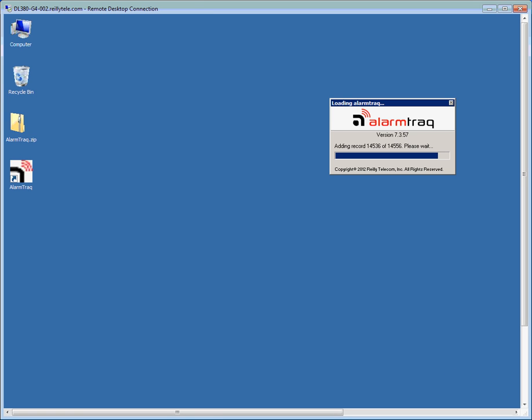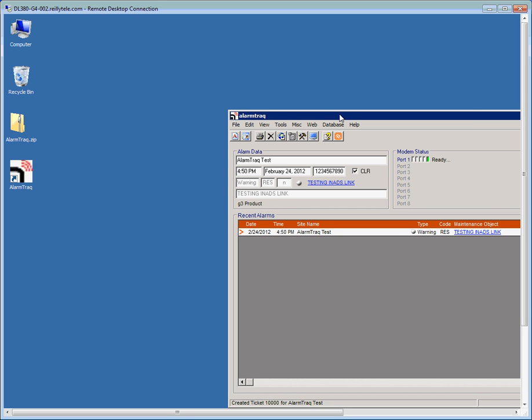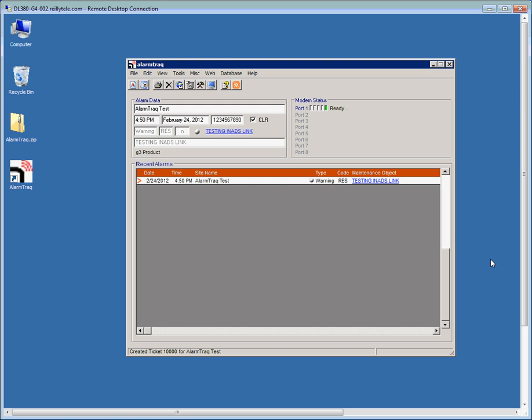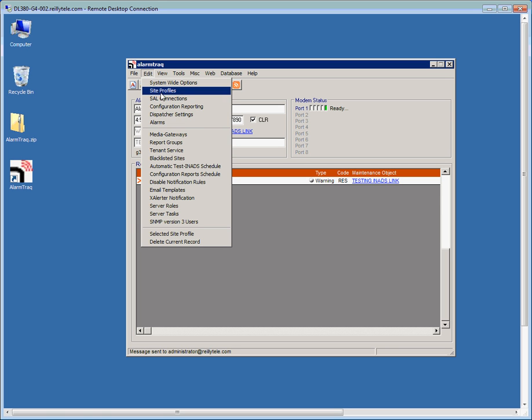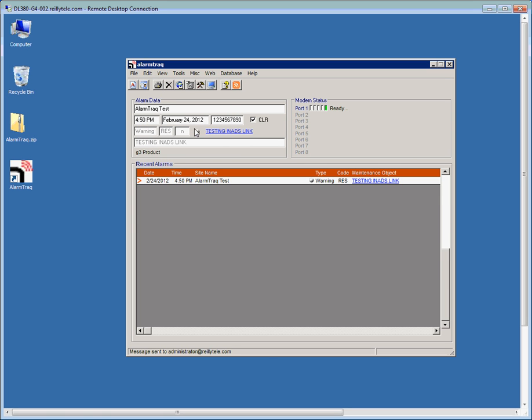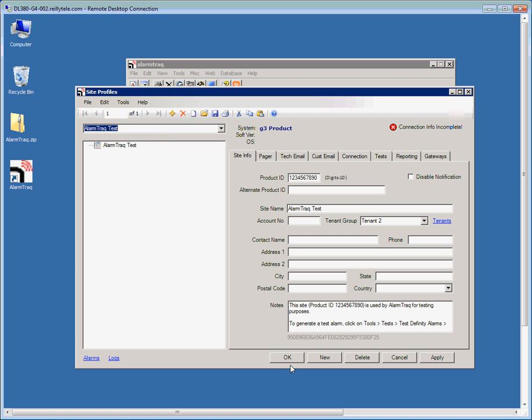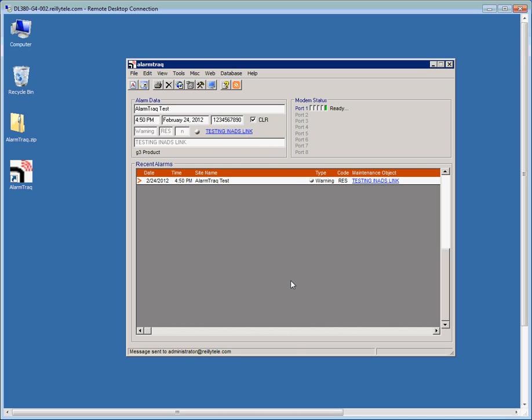It's just about done adding all the maintenance objects. And AlarmTraq came up. And as we can see, the database does contain a single alarm that it created on startup called AlarmTraq Test and added the appropriate site profile into the database. Now, one of the first